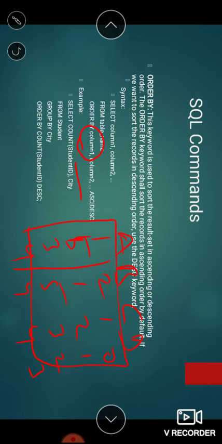Okay, so if I write SELECT A, B, C, D FROM table name ORDER BY A, B, I am writing for A and B.